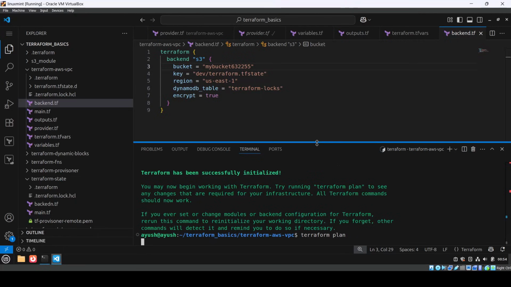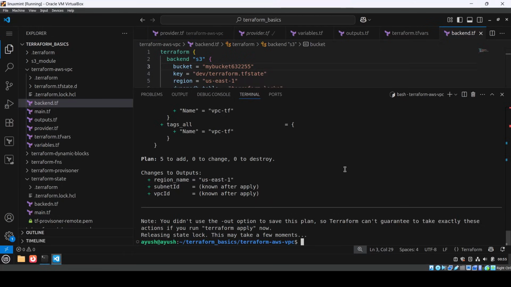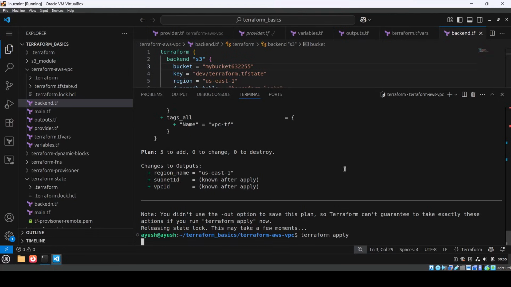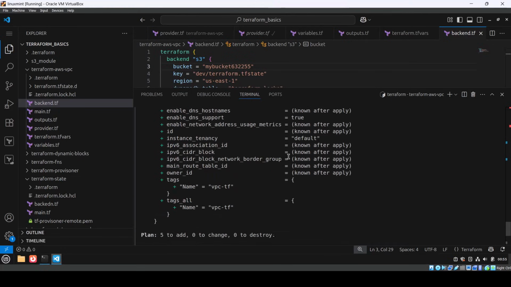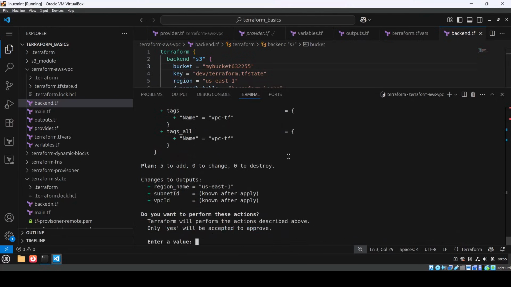Acquiring state lock. This might take a few minutes. Okay, plan is done. Now we have to apply. So you can see the VPC ID and subnet ID names we get to know. And we have how many changes? 5. Here you have to just enter yes,